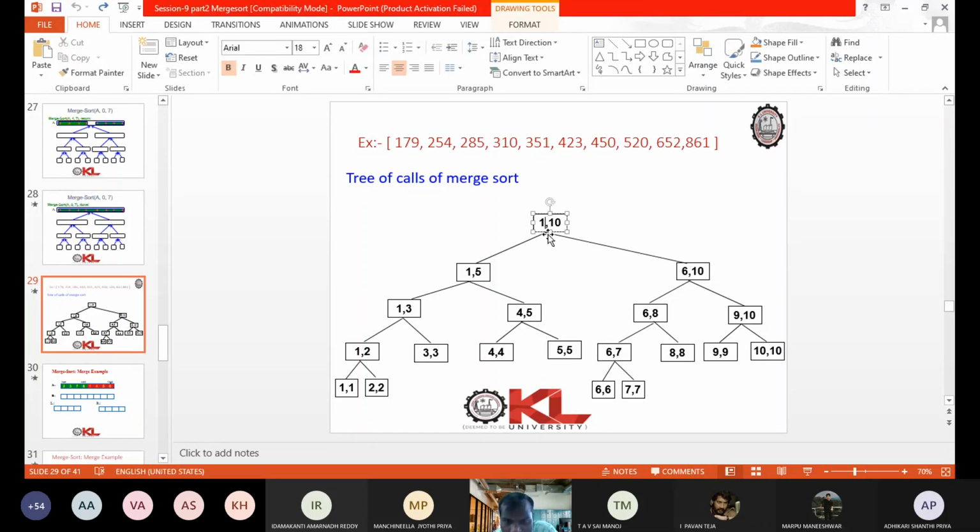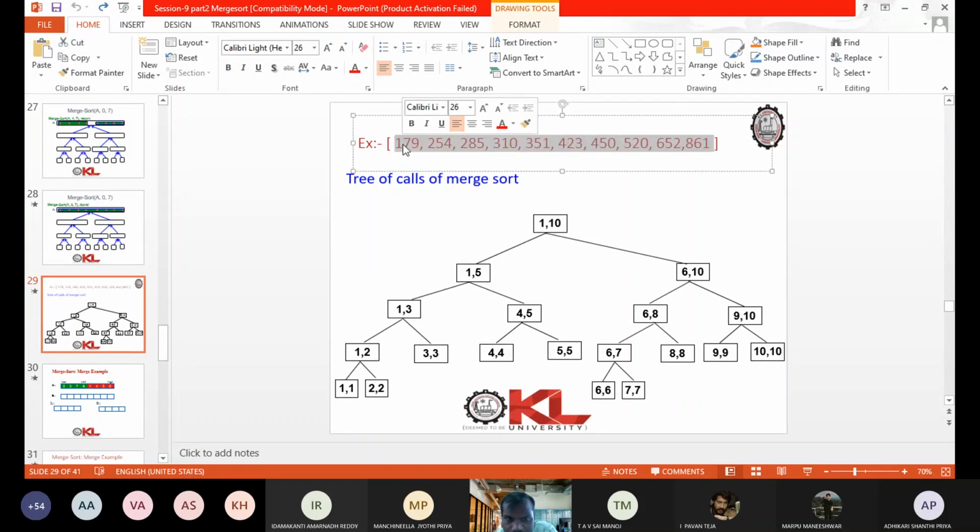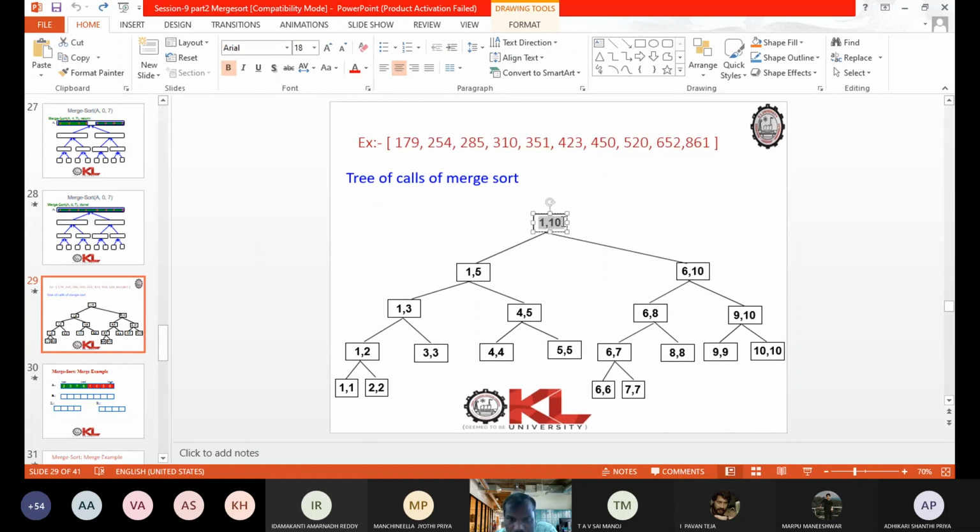If you see the first one, 1, 10. So this 1 represents low, that is the first element. The 10 represents high, that means the last element. How many elements are there? 1, 2, 3, 4, 5, 6, 7, 8, 9, 10. 10 elements are there here. So 1 to 10. So 1 is low, 10 is high here, right?